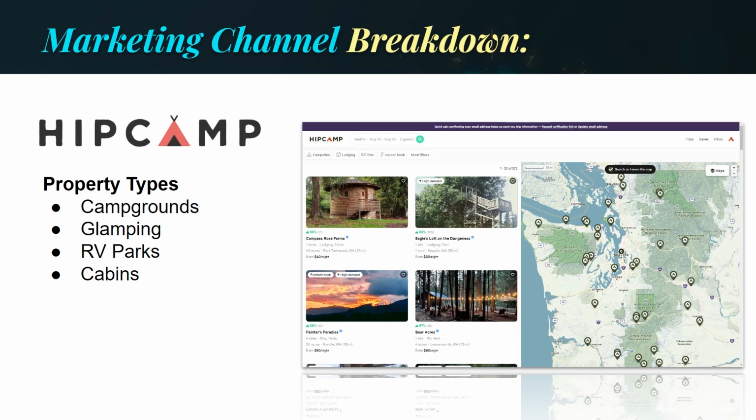And Hipcamp does not send you the guest's contact information. However, they do keep the camper's proxy email address active for 1 year after the departure date, allowing you to market to them in that way within that year. If they do end up coming to stay with you again by booking directly, then you can easily collect their information in that way. And for payments, Hipcamp will not provide the guest's credit card information to your reservations, so it'll go through a house account.